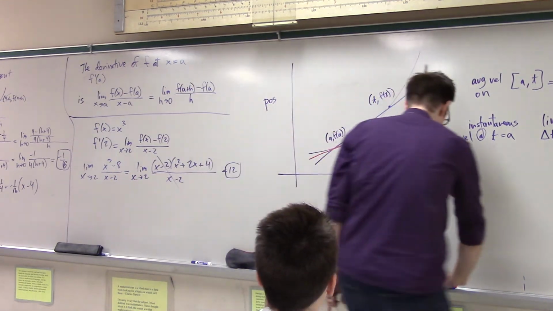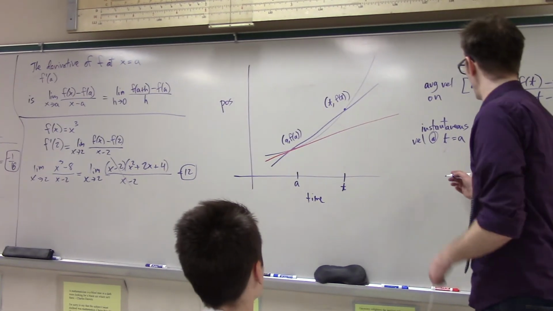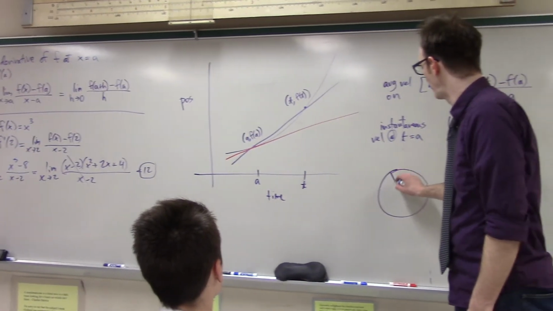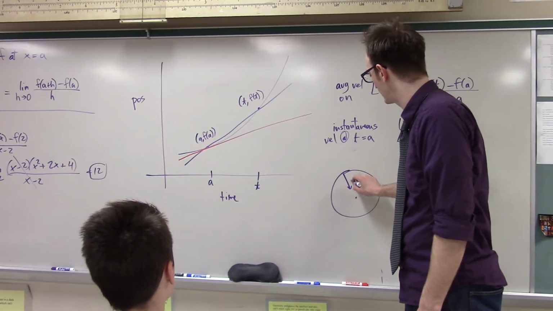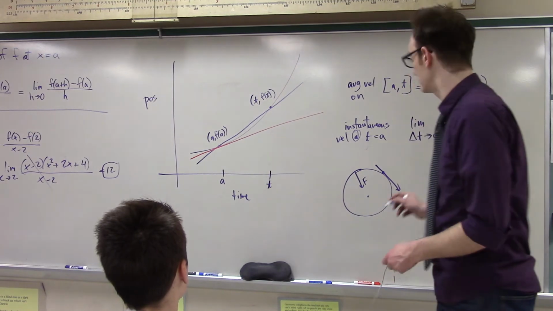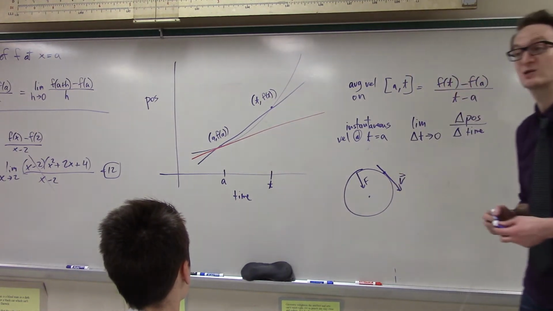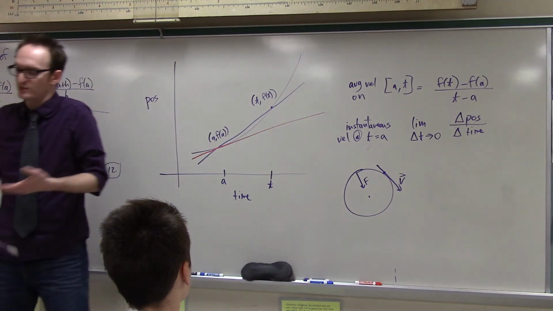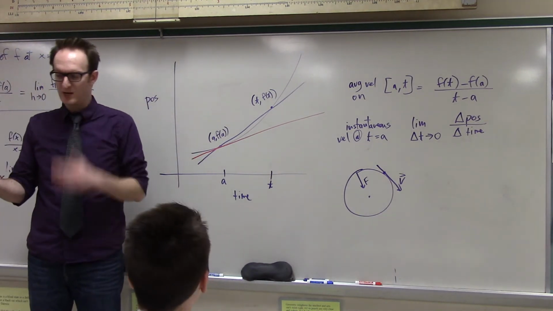This is a thing that you learned, that you may have understood or you may not have: the force is acting inwards towards the center, and the velocity vector is tangent to the circle, okay? And what that really means, or at least my understanding of what that means, is that when I spin this thing,